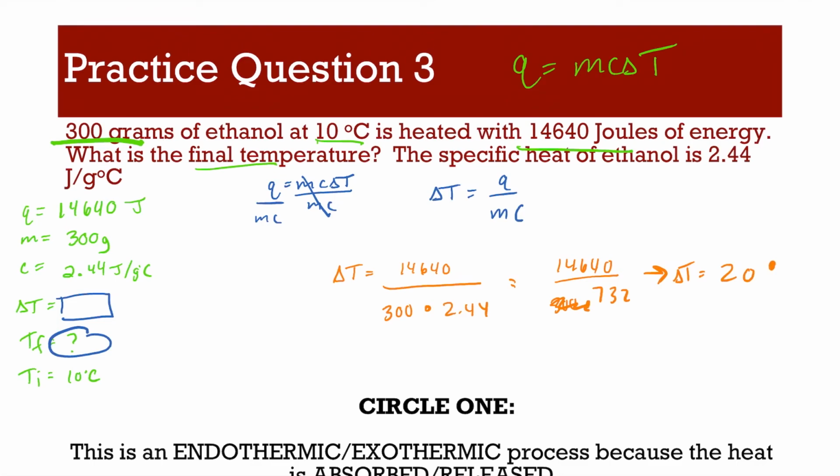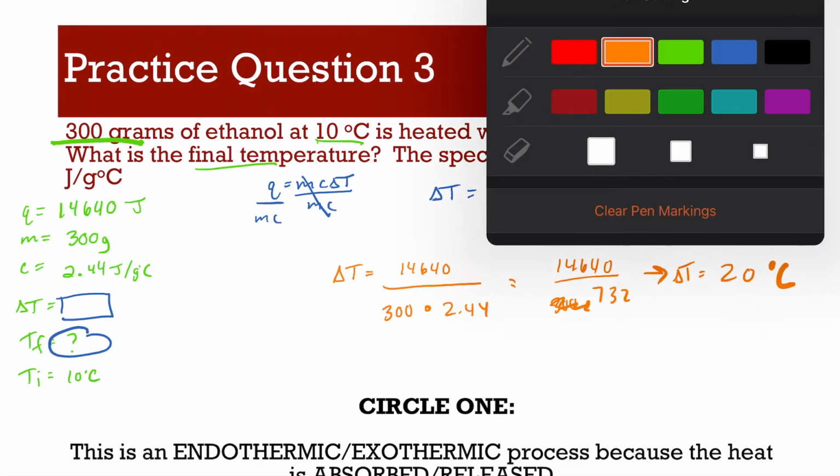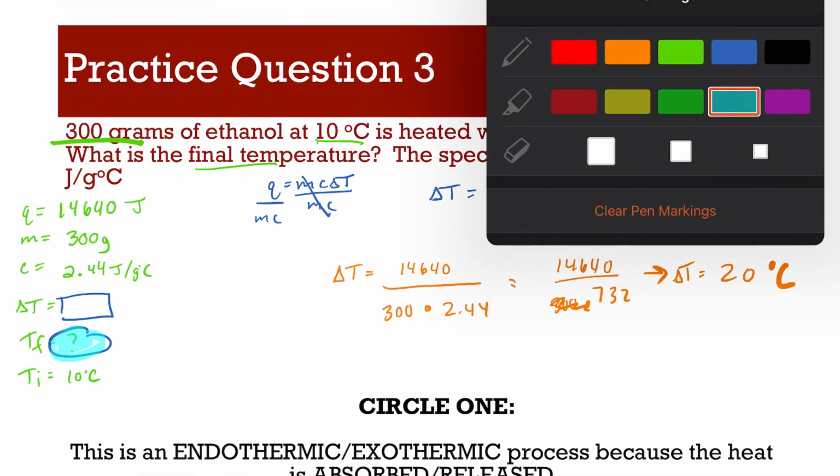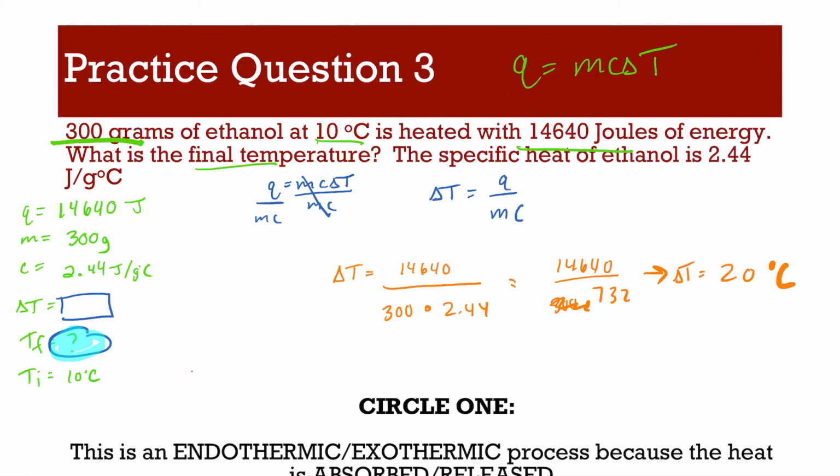So our delta T is 20 degrees. And so we're not done yet because it's asking us for the final temperature. But remember that delta T is our T final minus our T initial. And so if we're going to find our